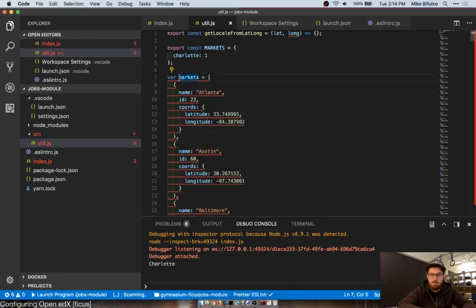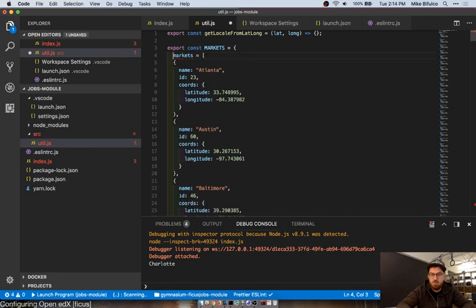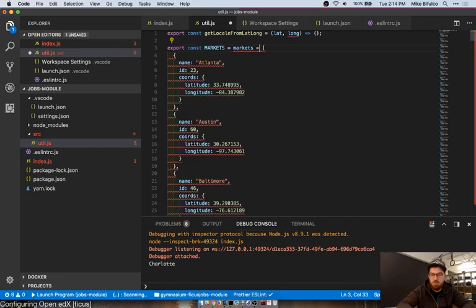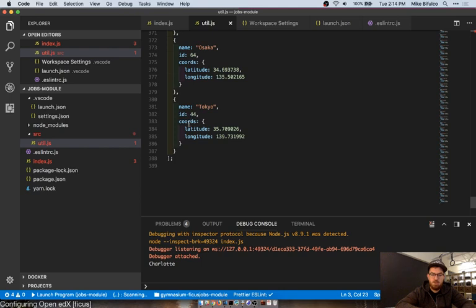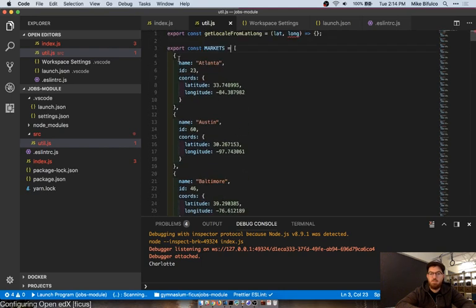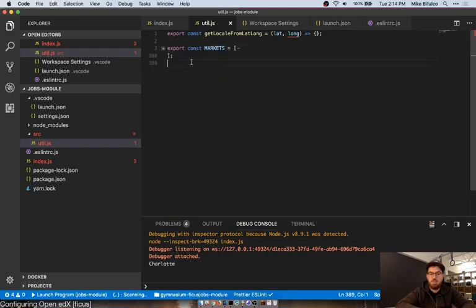We are going to return this from this markets variable, like so. It's an array of objects. Each object has a name, an ID, coordinates, latitude, longitude, and there's a whole heap of them. We could put this into an external file, which might be nicer, but for now it can live here.